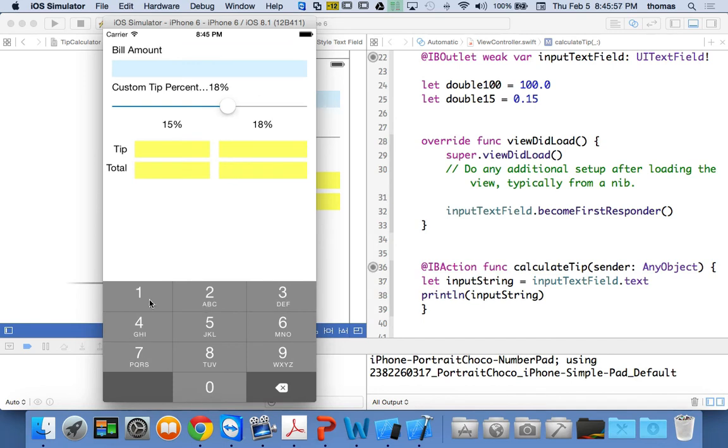Normally for a calculator, I'm going to go 1, 2, 3, and I'm going to click the plus button, 4, 5, 6. I'm going to click the equals button, and then it's going to take 1, 2, 3 plus 4, 5, 6, and it's going to do something. When I click the plus button, if you're going to make a calculator of your own, it's going to delete the input string. It's going to wipe out the value of the input text field temporarily. When you press the plus, it's going to carry that value, whatever's inside that input string, into